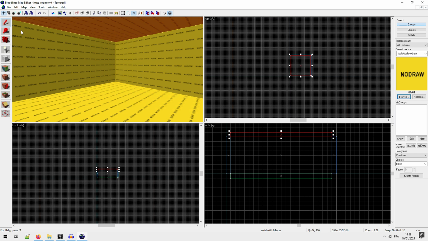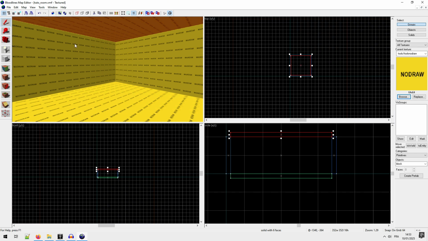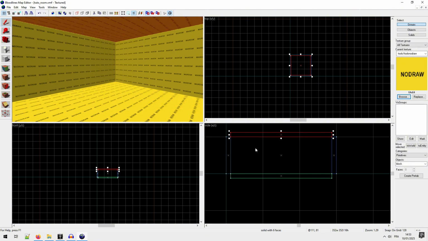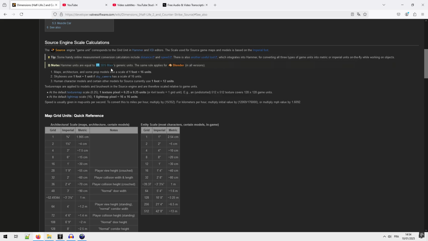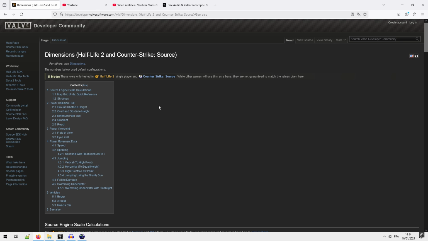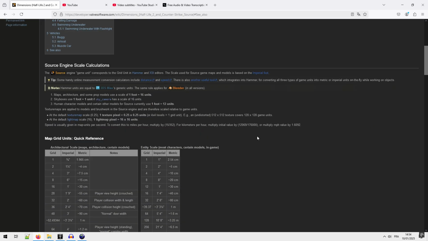And in fact, I have my 128 here, 8. So why it's important? In fact, I will put the link in the description. In the Valve wiki, you have the dimension.